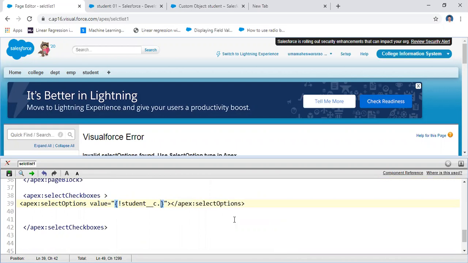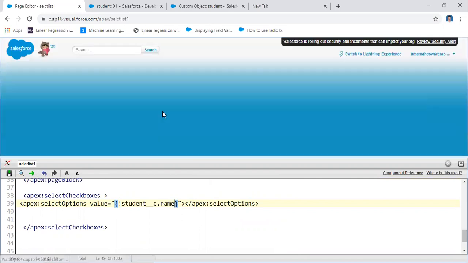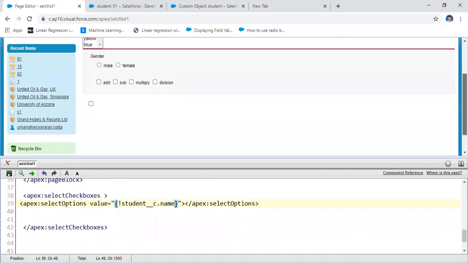Dot, for example name, that means the student number I'm taking. It takes some time. Yeah, it displays something here, but nothing is visible.